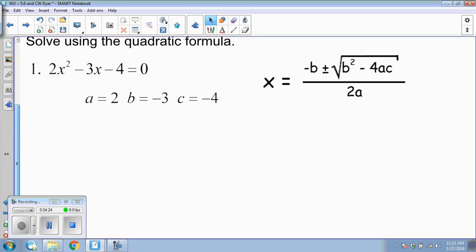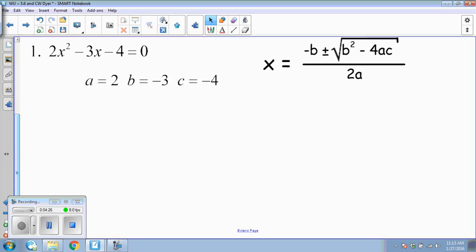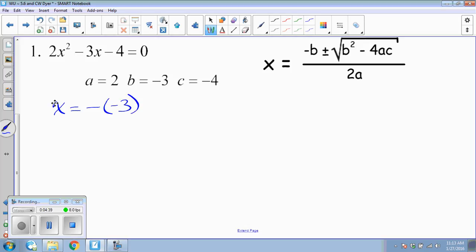And so we have the quadratic formula written right here. So now I'm going to go ahead and substitute in my values. So I have x equals, okay, negative, what's b? Negative 3. So I put b in parentheses because people are going to mess this up. Because when I simplify that, that's not negative 3. What is that? Positive 3. Because it's negative whatever b is. That means the opposite of whatever b is. Okay. So negative b